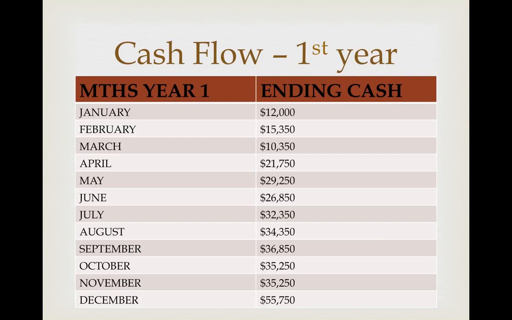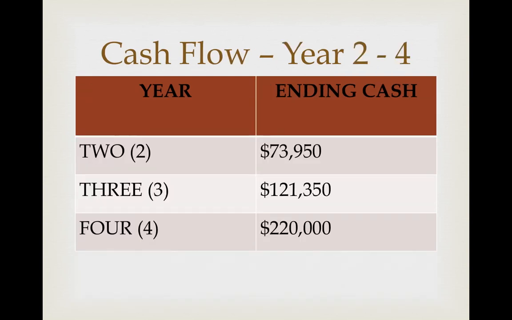With a start of $12,000 in January, it steadily increased in February, declined in March, but continued to climb until December with $55,750. The cash flow for year 2 to year 3 maintained and increased from year 1, at year 2 with $73,950, and ended in year 4 with